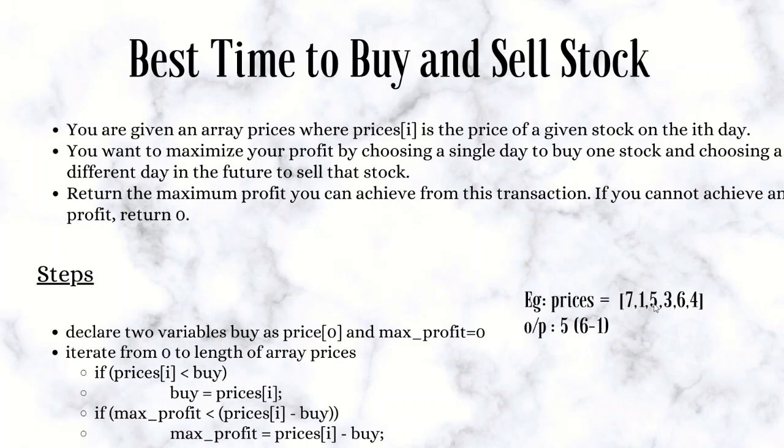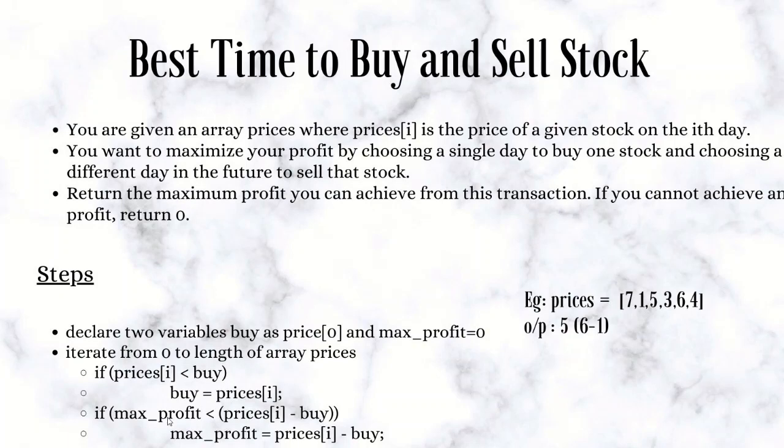This array will iterate 6 times, from 0 to 5. And if prices of i is less than buy, in the first iteration prices of i is not less than buy, it is equal, right? So this will pass. And then if max profit is less than prices of i minus buy,